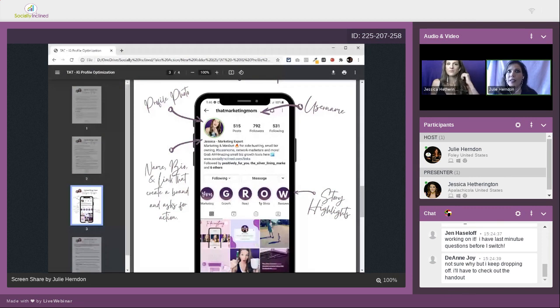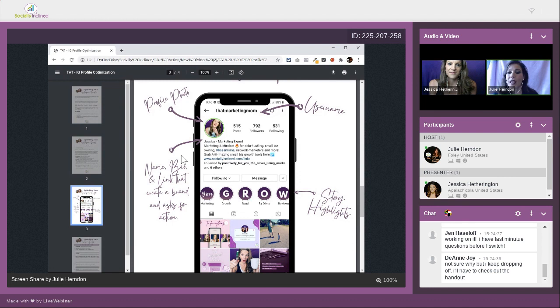Yes, if you're branding yourself as your person, and it depends on what you sell as well. If you're in skincare and your people from your town know you, they may be looking for you under your name. But if you can work in what you do, it's going to be more effective for you. So that is in your username.